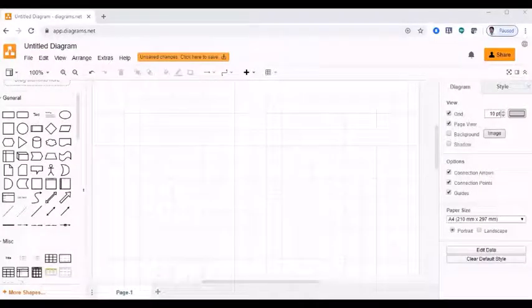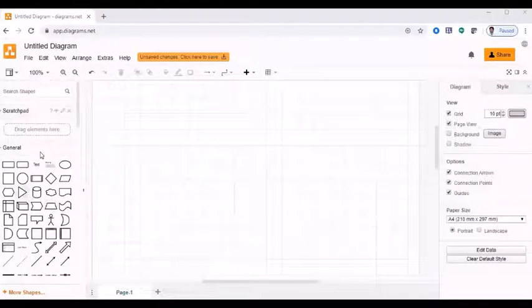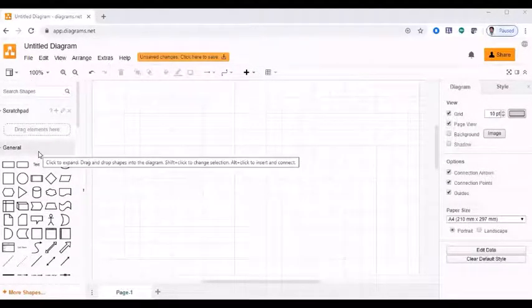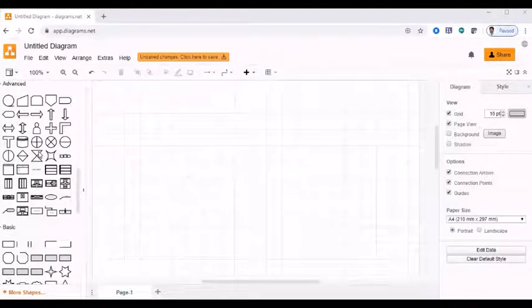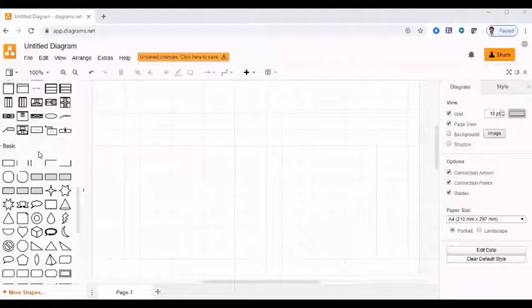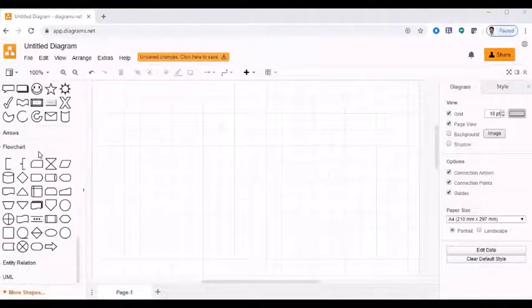To draw the chart, we have already set the paper size to A4, and as I told you, on the left hand side you will have different shapes. Since the drawing we chose is a flowchart diagram, I have selected the shapes from the flowchart.